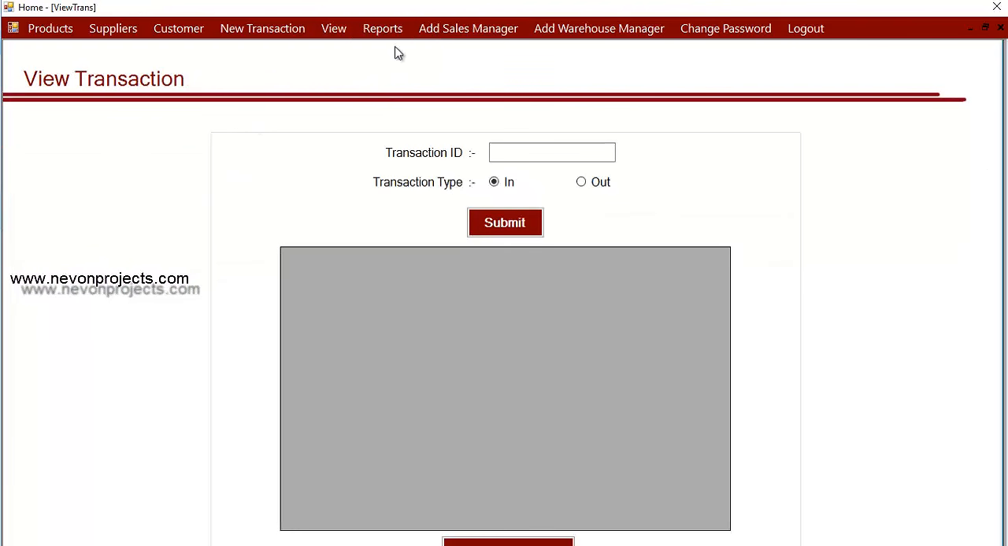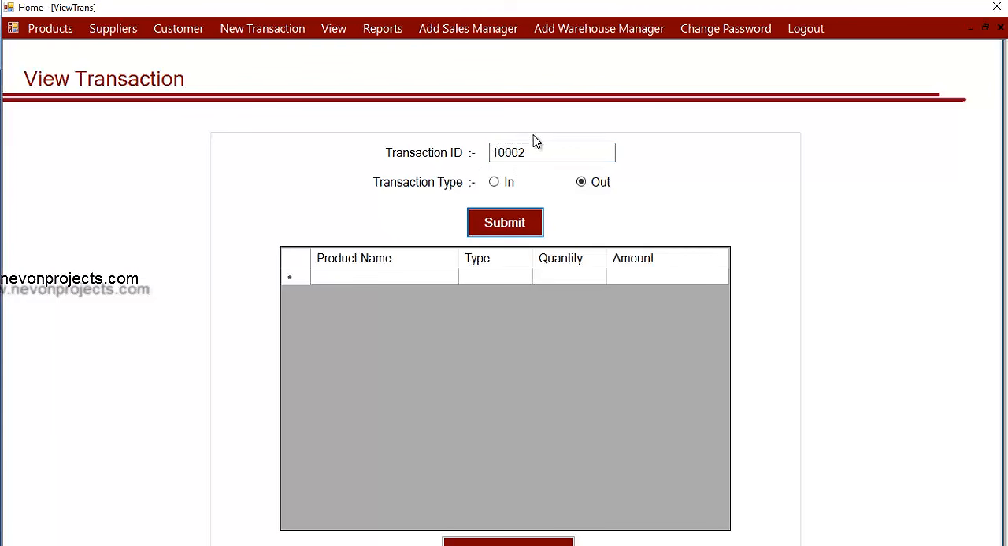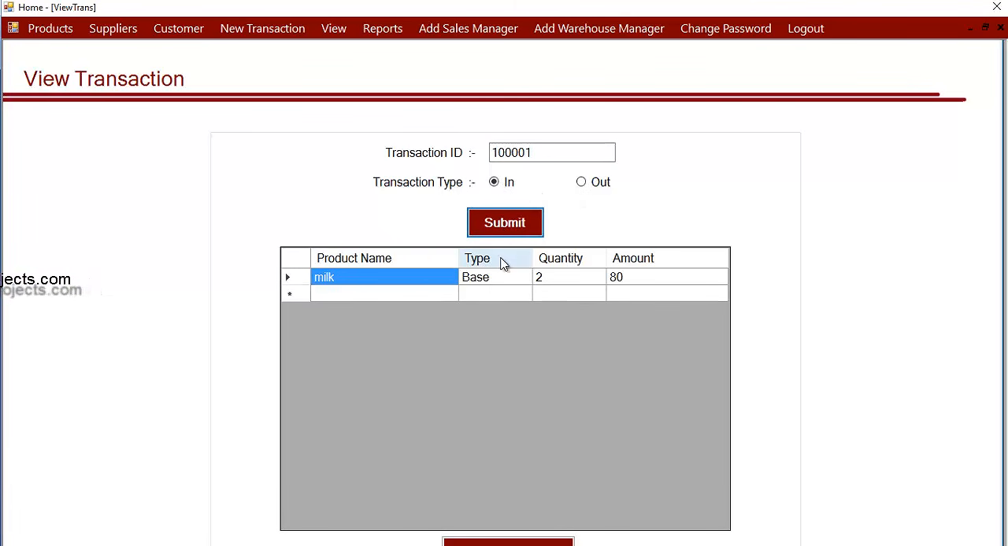Let's see the reports module. Over here the admin can view the transactions performed by specifying the transaction ID. Here you must enter the transaction ID, and you can select any of the types, in or out. I'm selecting in. And once the admin clicks the submit button, the product name, type and quantity amount will